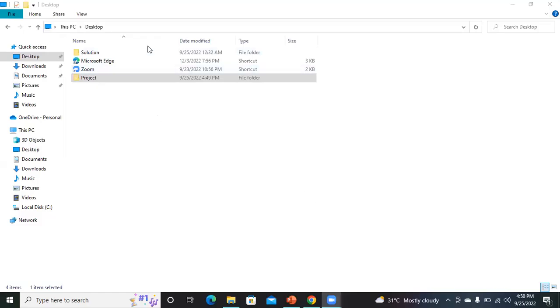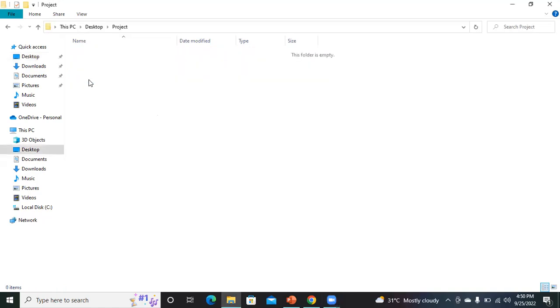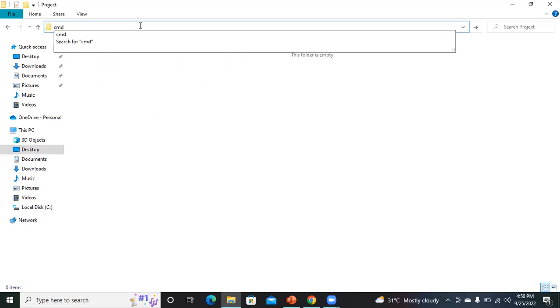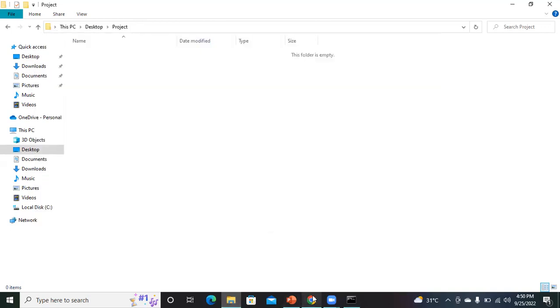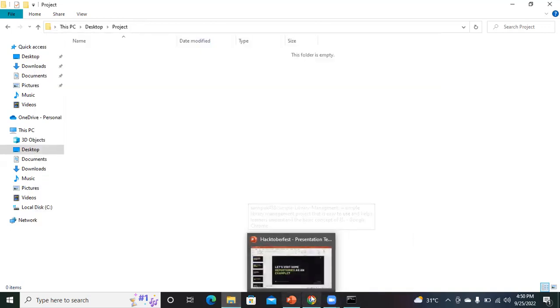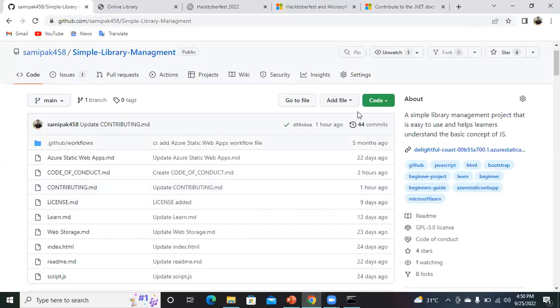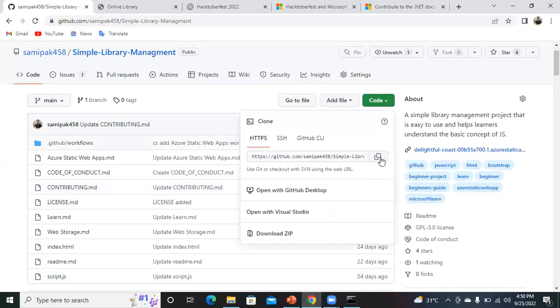Okay, I will come to the desktop. Then I create a folder. You have to create one if it is up to you. So by coming into the folder, I will simply write cmd and write the command git clone, and here it is, and copy this.